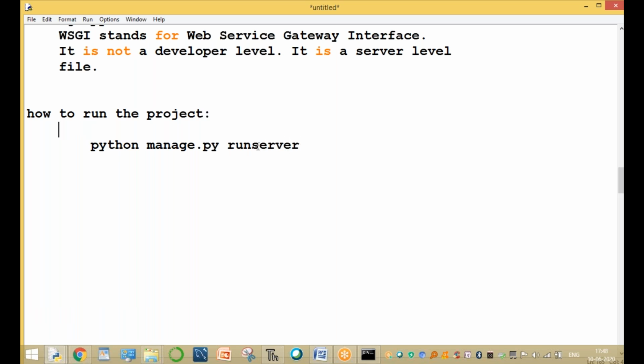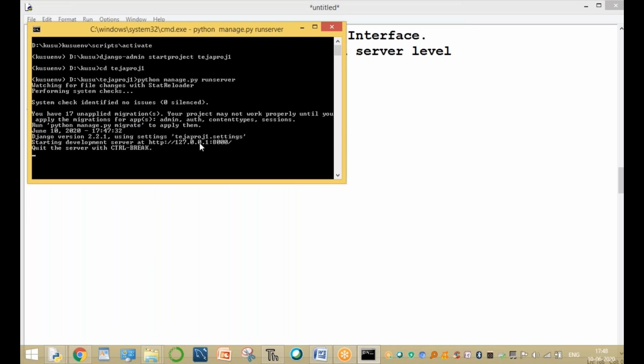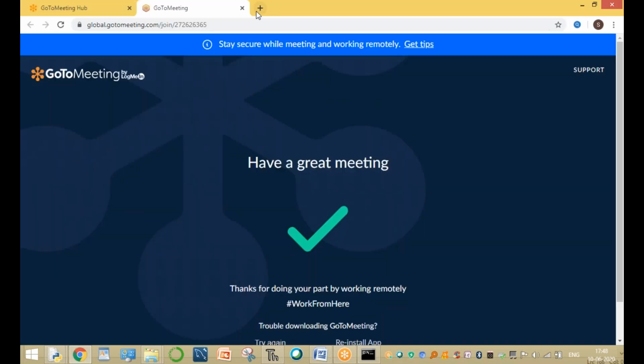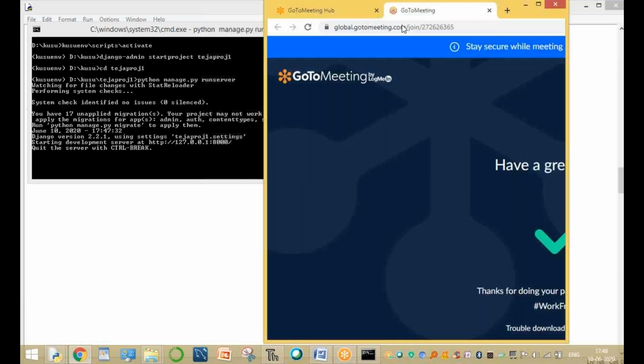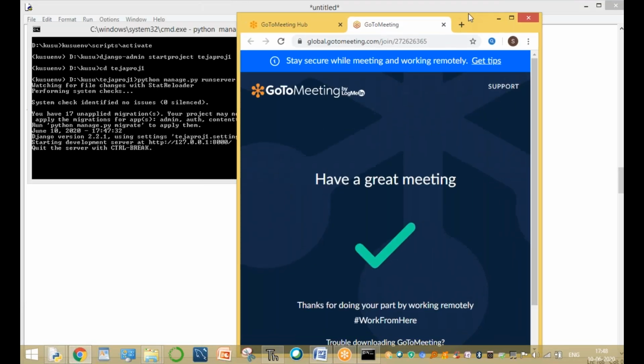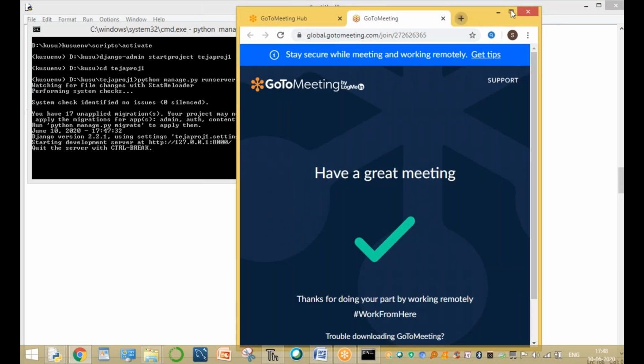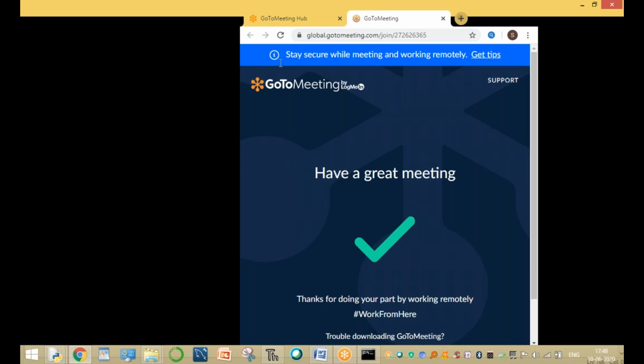Use the command python manage.py runserver directly. It displays a message with the address http://127.0.0.1:8000. Now go to the web browser and type the given URL, paste the URL, and run the server.